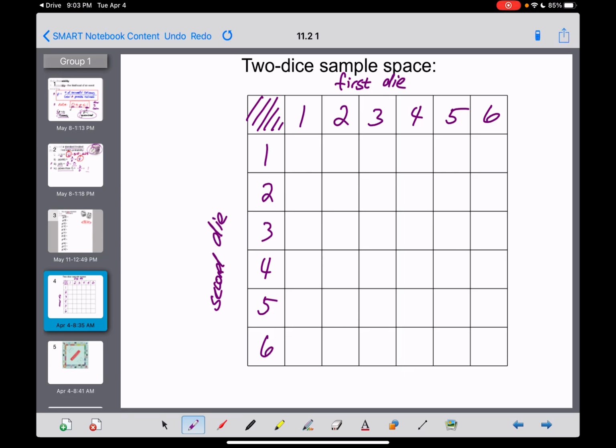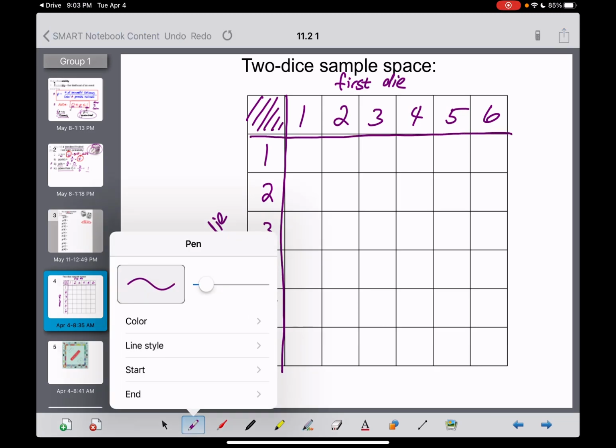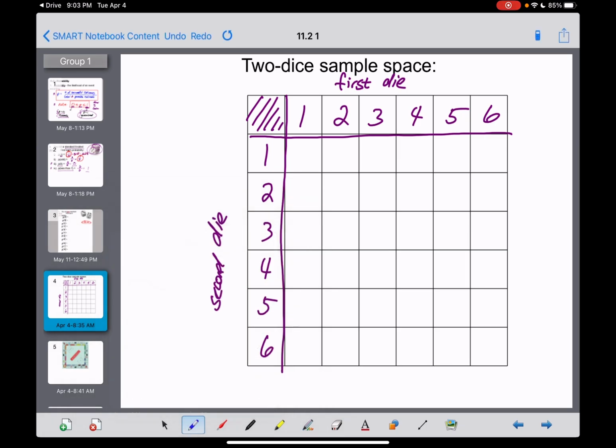And now what we're going to do, everybody, actually, these lines should probably have been a little darker than all of the other lines right there. Now, we're going to talk about what the actual outcomes are. If I were to roll a 1 on my first die and a 1 on the second die, you would add those numbers up, and the result we just got was a 2. If I rolled a 2 and a 1, that's a 3. 3 and a 1 is a 4. Hey, and I think I see a pattern here. 5, 6, and 7. Now, this looks like it could be tedious, but you'll pick some things up pretty quickly,